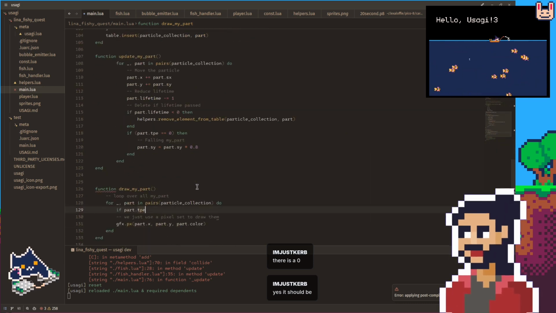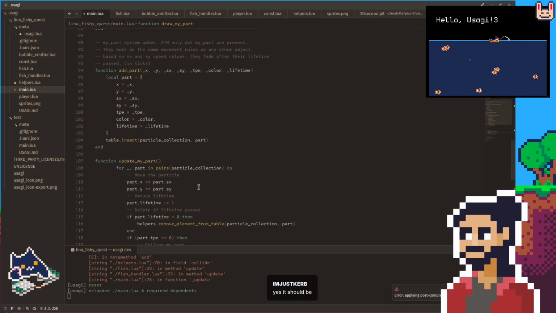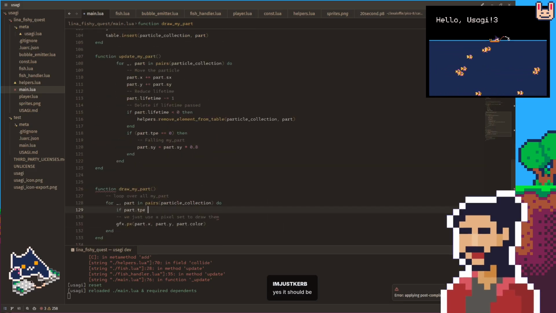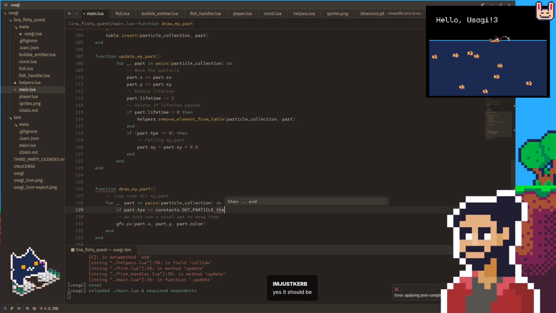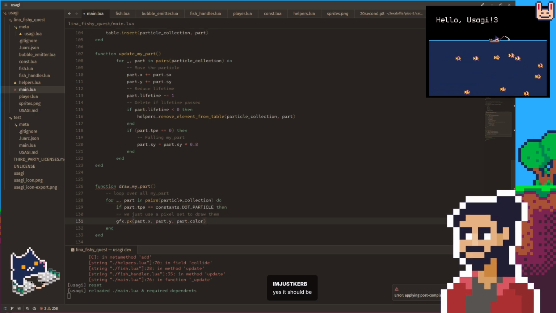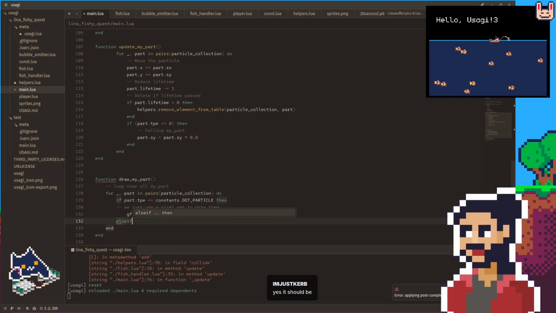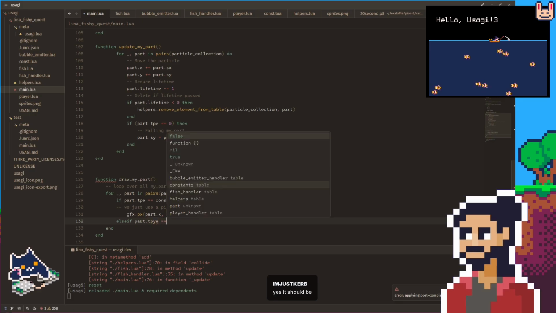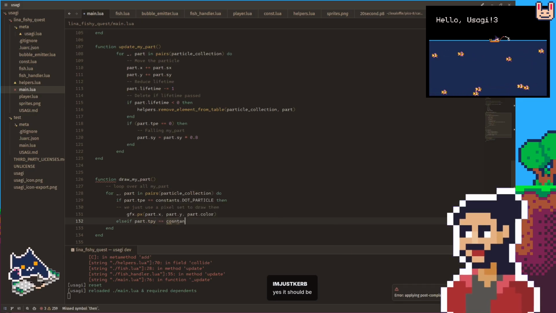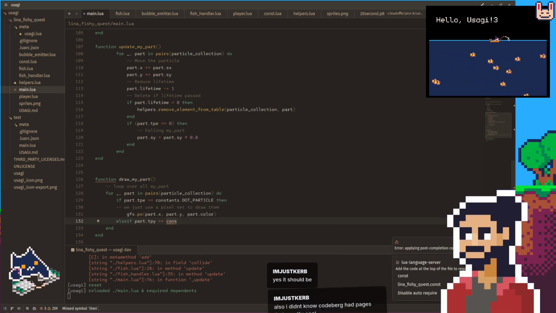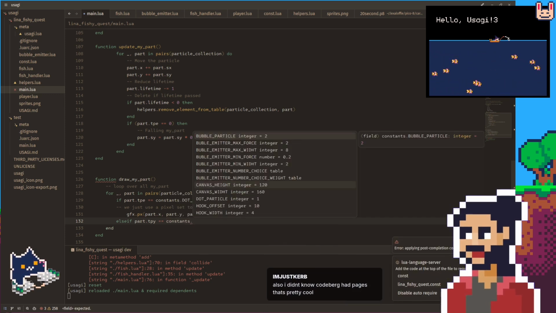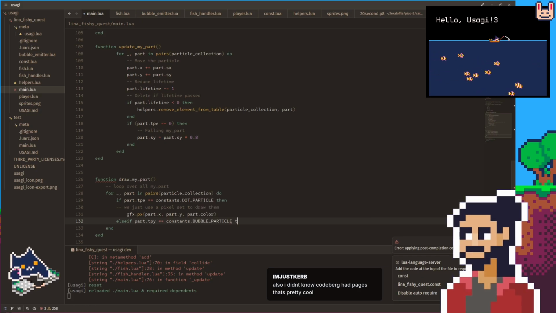One day I will have a consistent way. Equals 1. Then no, not 1. Constant dot particle. Then as if for the dp equals constant const dot bubble particle then,